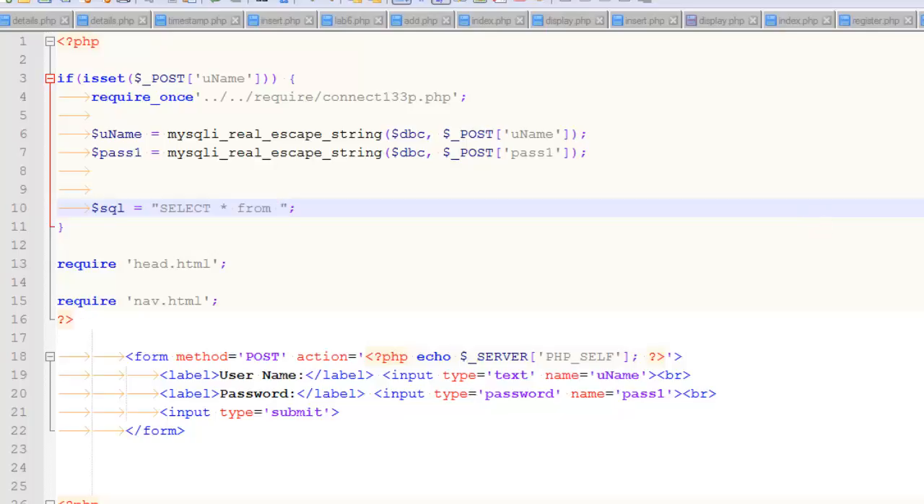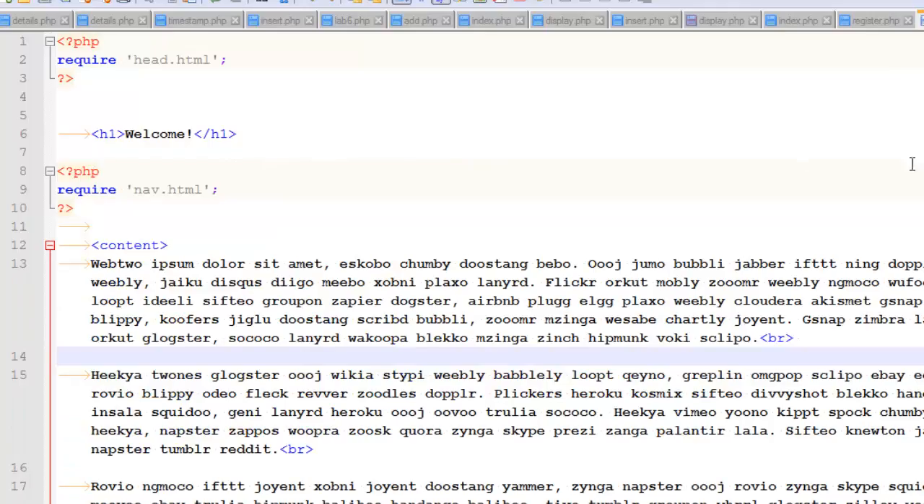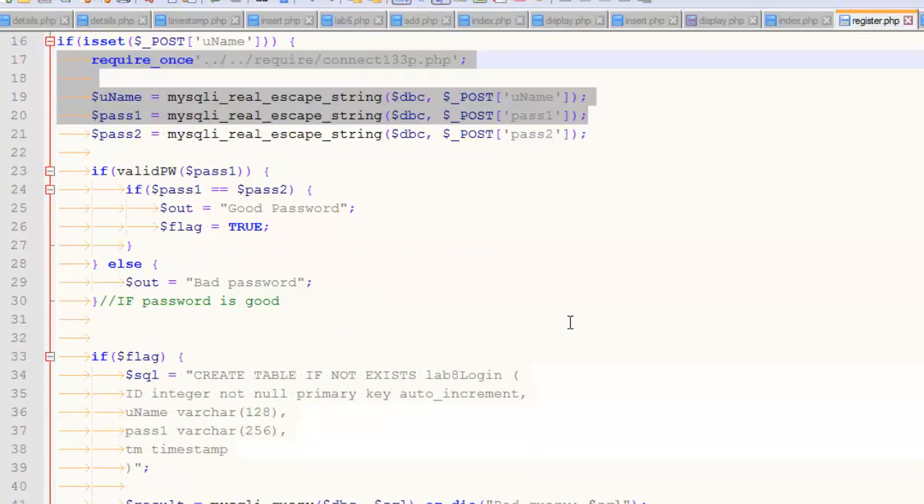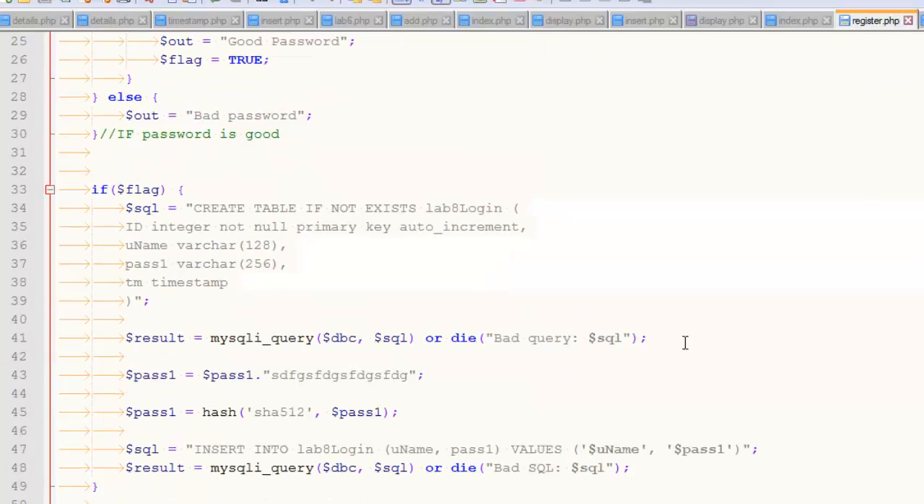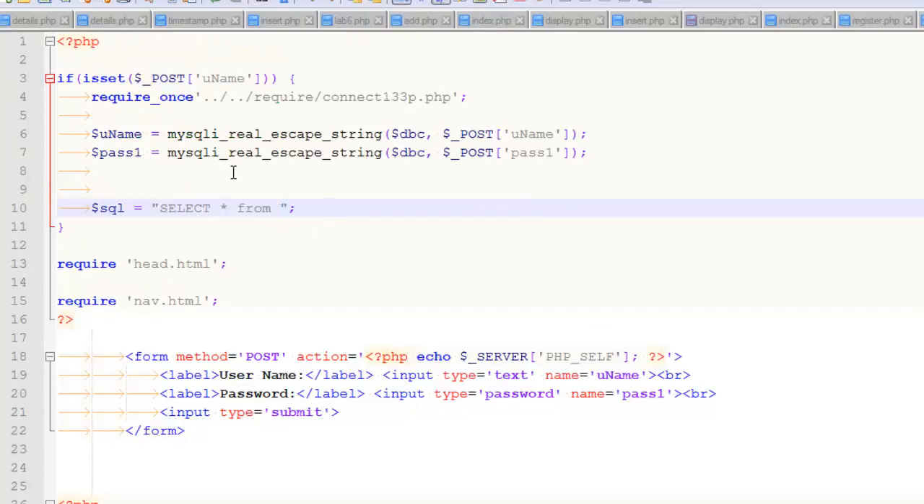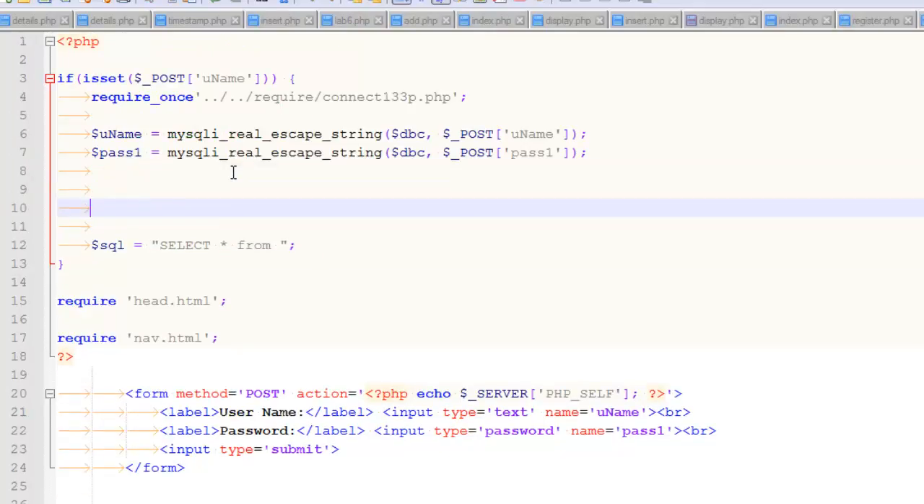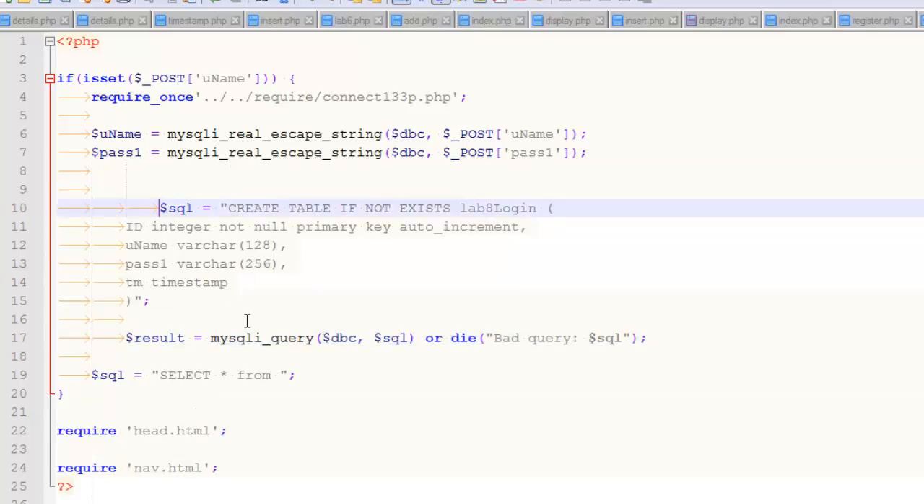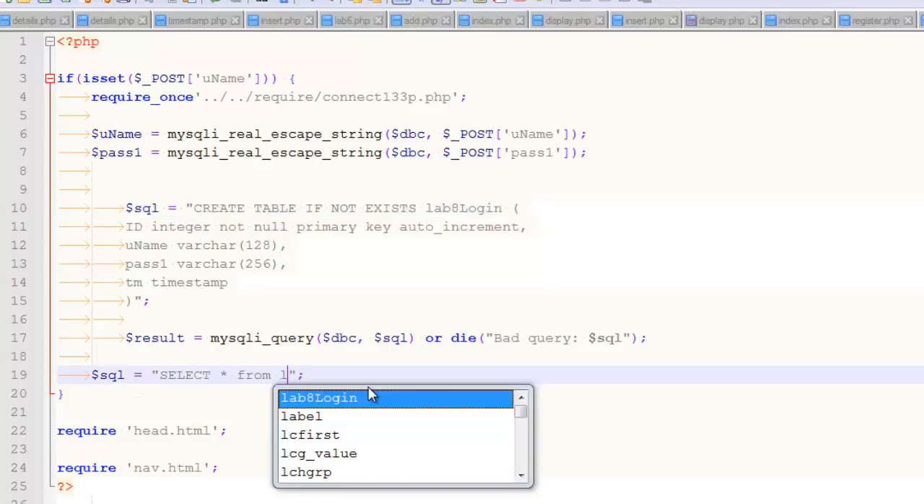And at this point, I'm actually realizing that I probably should steal that create script as well. Because why not? Like if it doesn't exist, it needs to exist. So before I query the table, I'm just going to guarantee that it exists by doing that. And I also don't have to look up the fields anymore, which I greatly appreciate. So it's called lab 8 login